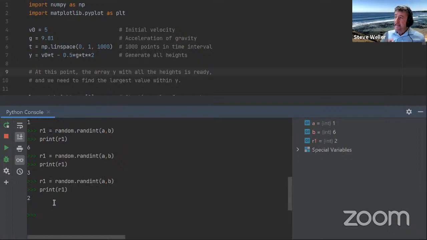Now, you'd like to think that if we rolled this dice 1,000 times, 10,000 times, 1,000,000 times, that it would produce the numbers 1, 2, 3, 4, 5, 6 in roughly equal proportion. And that is indeed the case. And there's some nice questions at the end of chapter 2 in the textbook, which give you a chance to validate that.